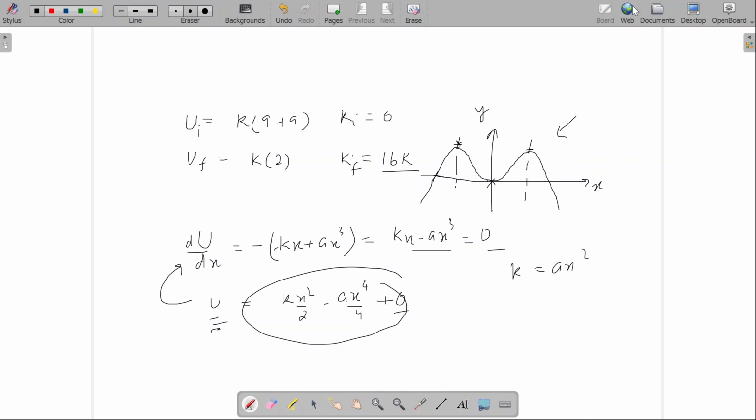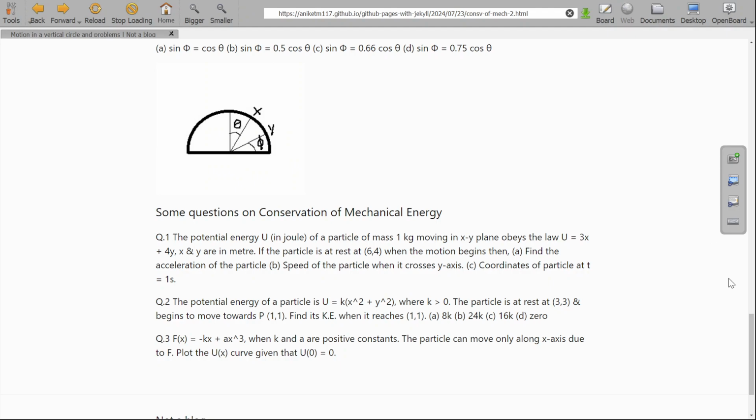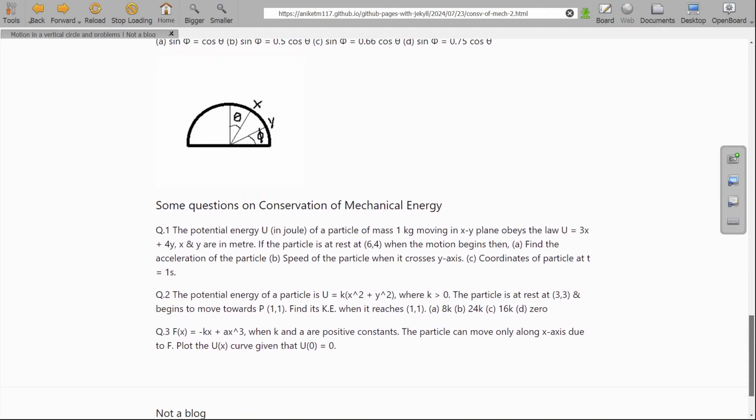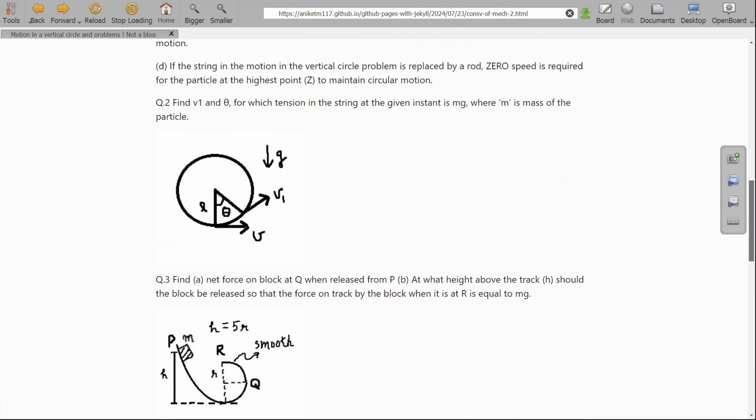So this is an interesting question. All these questions have been asked in JEE Advanced. Next,